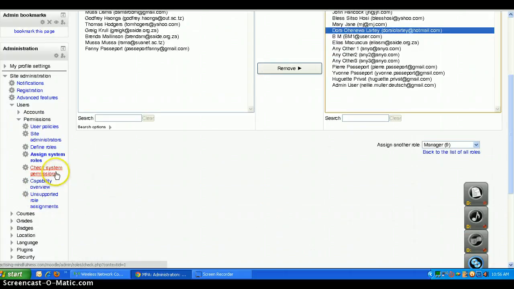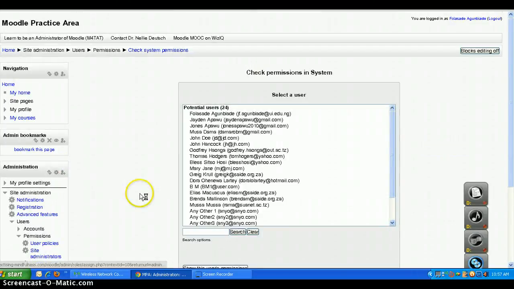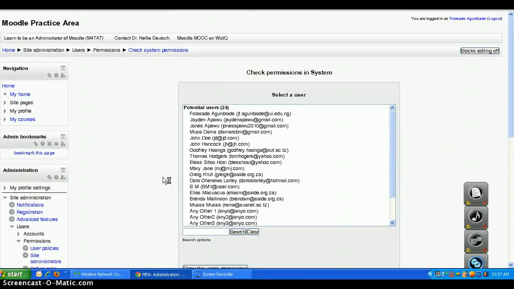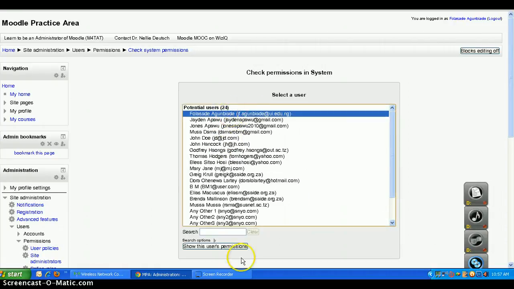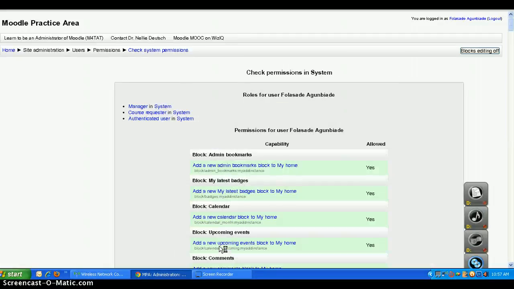Then let's check system permissions for individual users on the Moodle site. Check system permissions. Here, to check permissions given to an individual user, all we need is to select a user. By clicking on a user, then we click show this user's permissions. It will take us to a page where we can see all the permissions given to that particular user